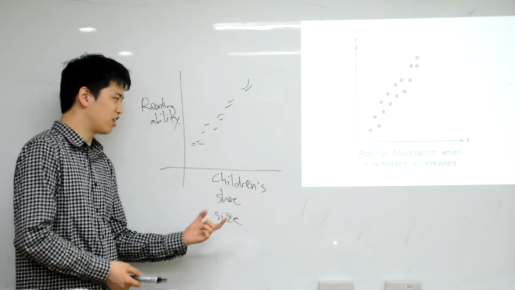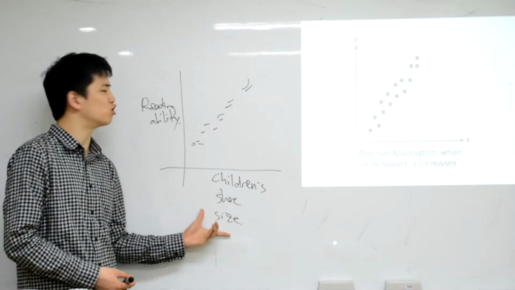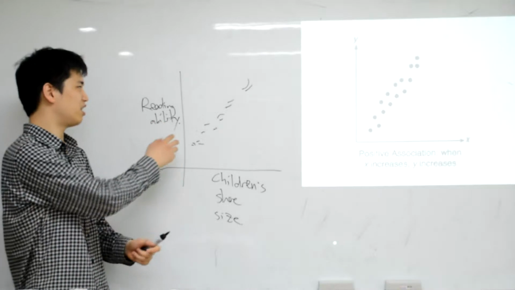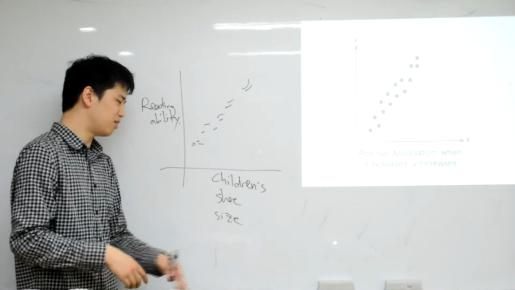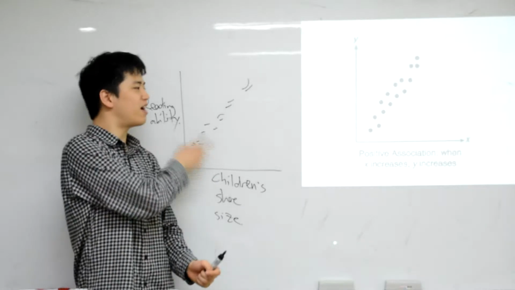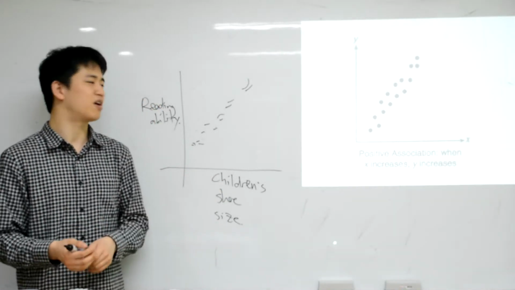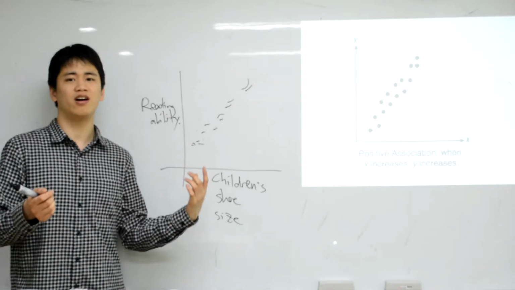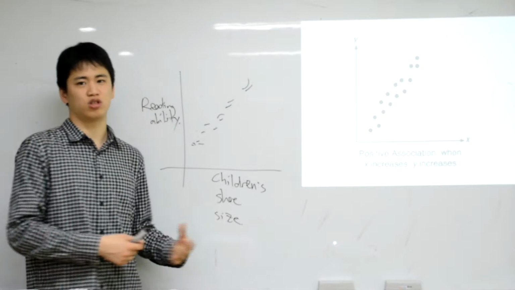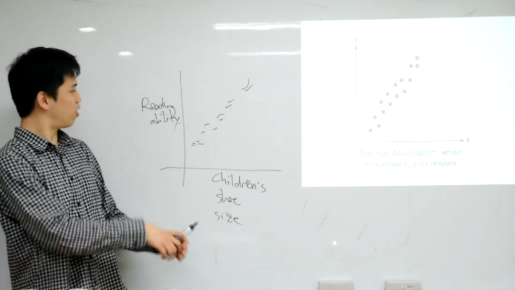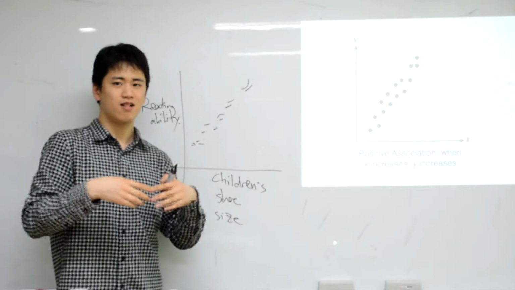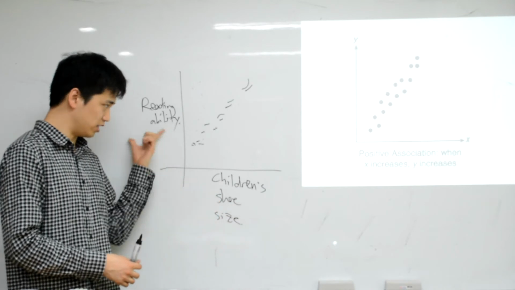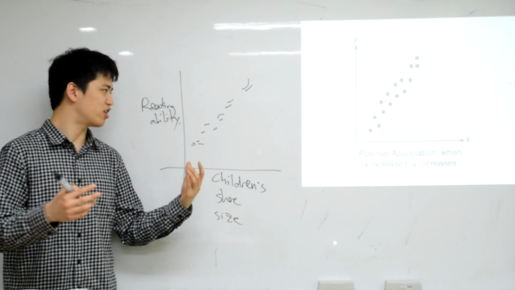So you can't just look at this and say, oh, that means people who have bigger shoes have better reading abilities. Or the other way, you can't say that having a bigger reading ability means you have a larger shoe size. Neither of them is actually causing the other. If you think about it, the reason for this association is just that, generally speaking, the older a child is, the larger their shoe size will be, obviously, right? Because they're growing, and also, obviously, the greater their reading ability since they're growing up. So age is in fact what's causing both of these. So you can't draw any conclusion about